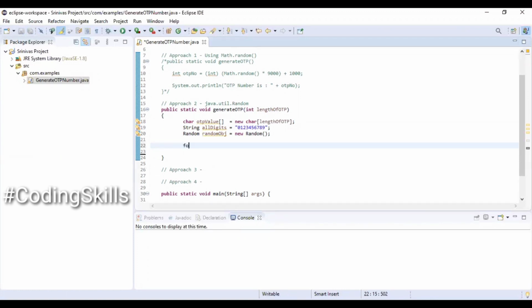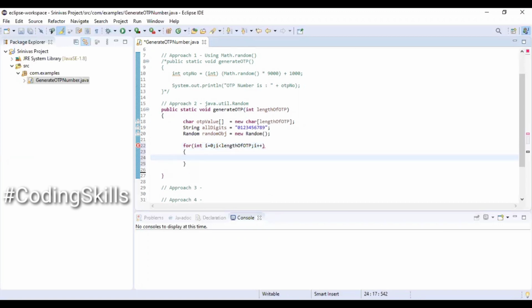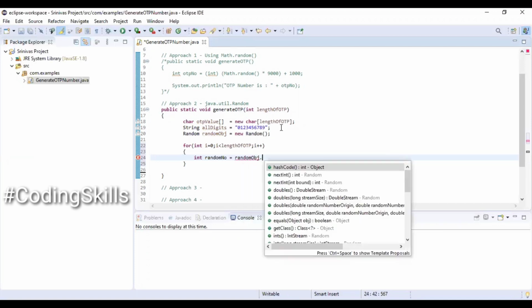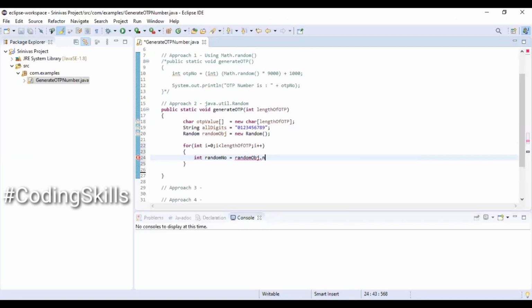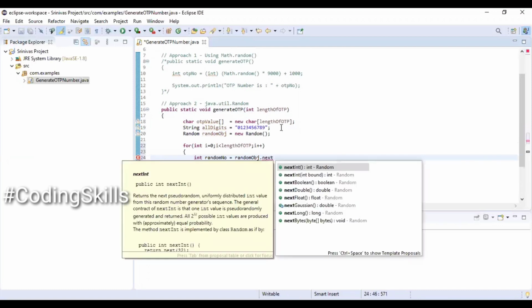For int i equal to 0, i less than length of OTP, i plus plus. Int random number equal to random object dot next int, and we are going to pass a bound value. Bound value is nothing but an upper limit.